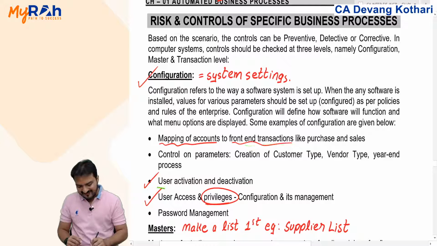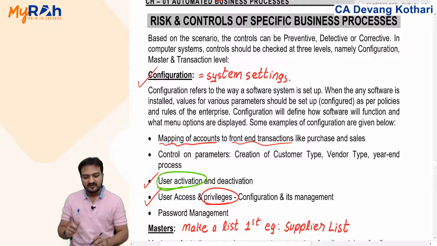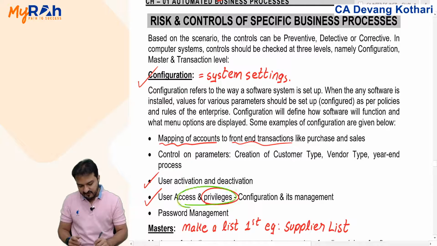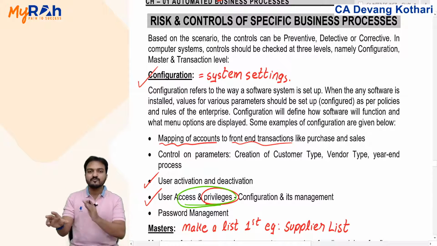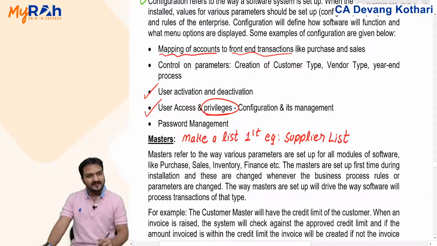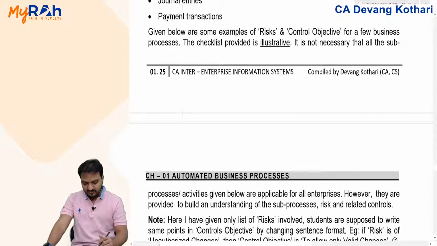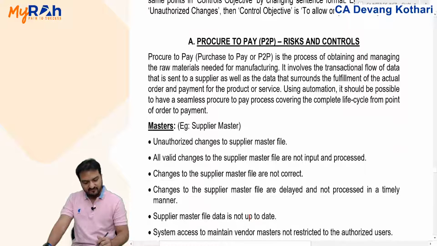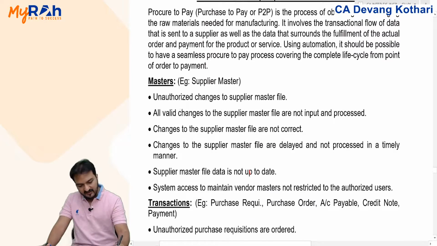Also, it involves creating user accounts, activating and deactivating user accounts, deciding user passwords, deciding user access privileges, that which user account should be given what permissions, and all that comes under configurations. Anyways, now that you know configurations, masters and transactions, I've given you a long list of examples here,